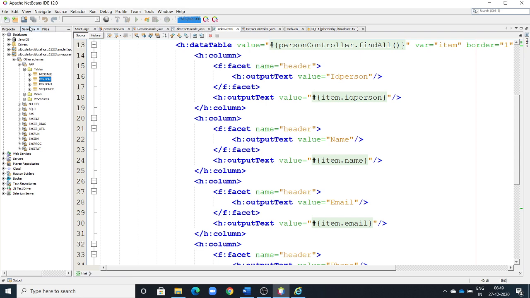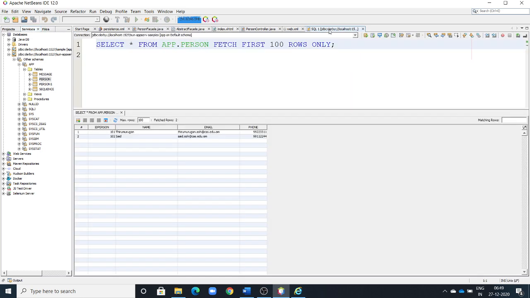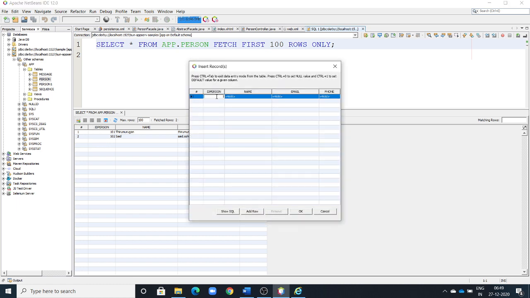Okay, now we'll check the services. Okay, now you can see the two data. Now I am going to add one more data in front of you. The ID is 103. The name of the person is Muhammad.